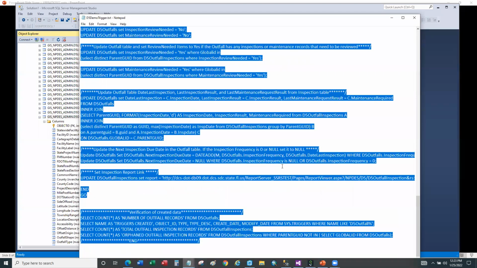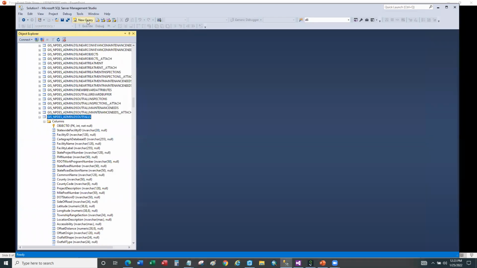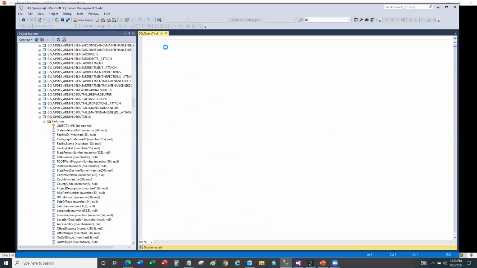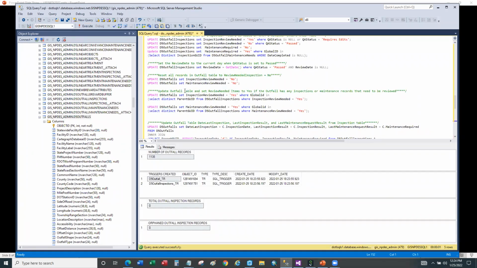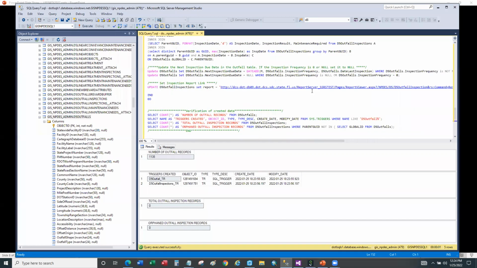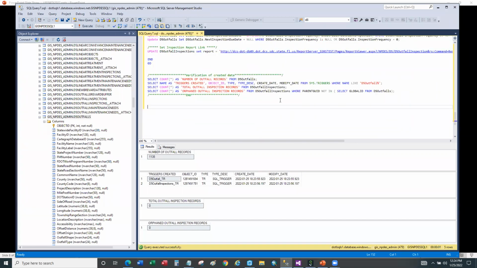What I can do is copy this and open up a query window. I can paste it here and execute it, and I've got no error messages. At the end of my trigger, I always like to put in some little analysis that just tells me what just happened, what triggers got created, and so forth. So now that trigger's been deployed,